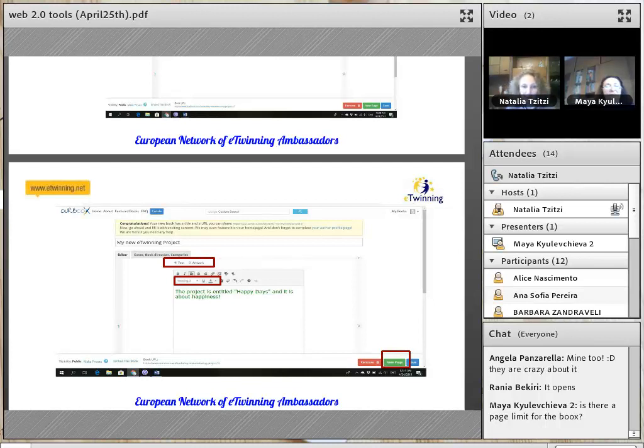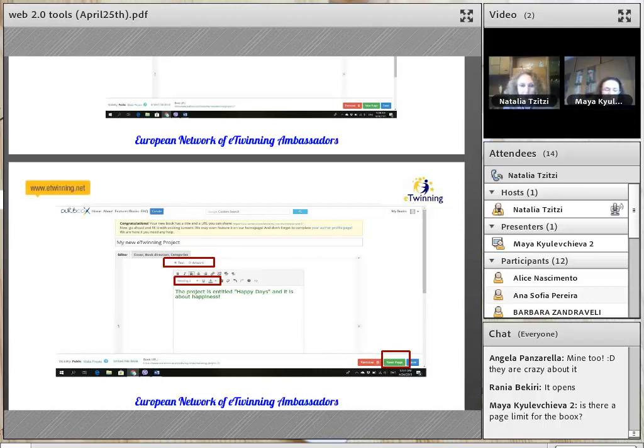Here I have added a text. It would be good if you have the text for your book ready, saved on your computer, as well as the images and the embed codes of the other tools that you may include in your book. If you have them all ready, you can go on and create your book and have the final result right there and then. But if you don't, you can come back later on and edit it and add